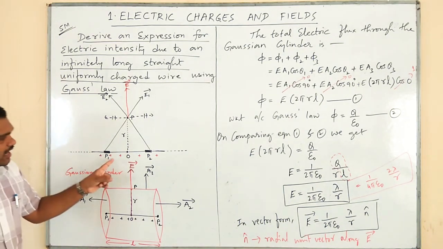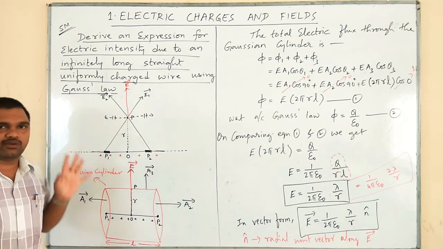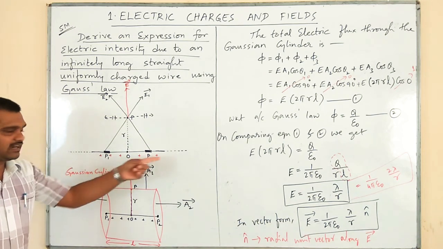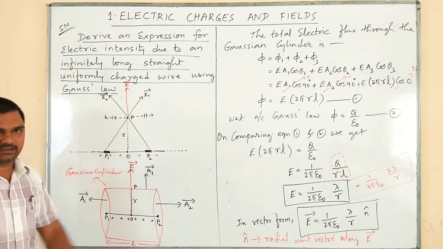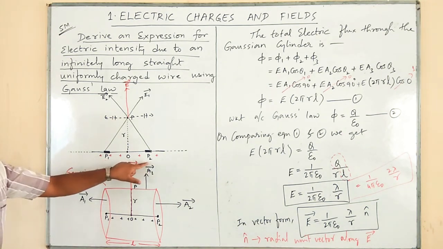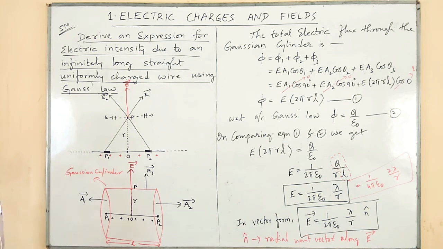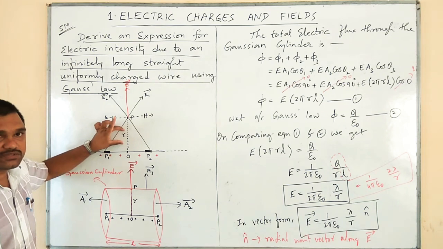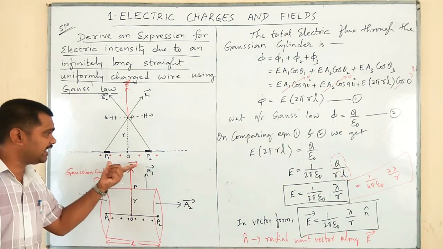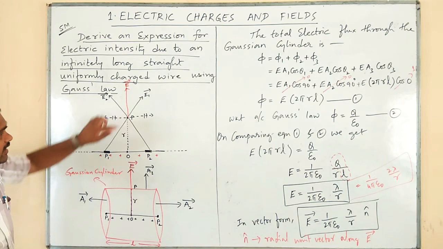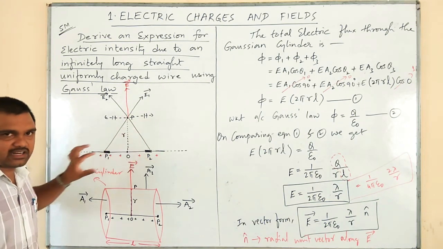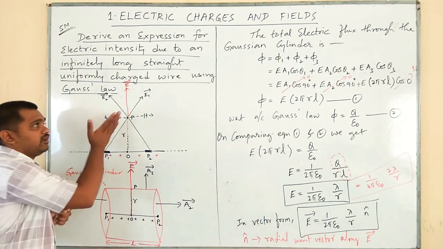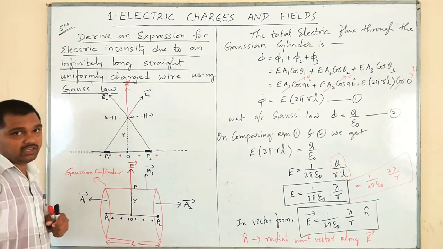See here, we have to imagine an infinitely long wire which is represented already with the help of dotted lines. So we have to consider two line elements just like this, P1 and P2. At some point P, where we need the electric intensity or electric field, we have to consider that point P at a distance r from the midpoint of that line P1, P2. Now here we have considered two line elements P1 and P2. Therefore, we will expect two electric fields E1 and E2.